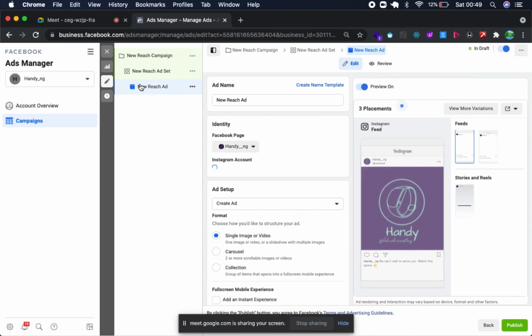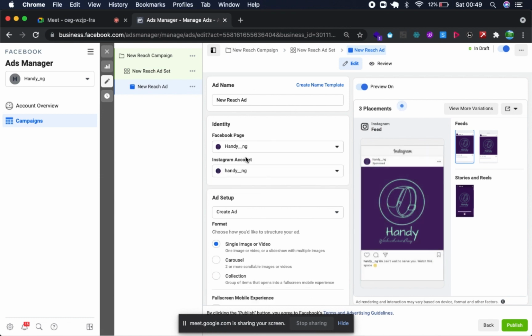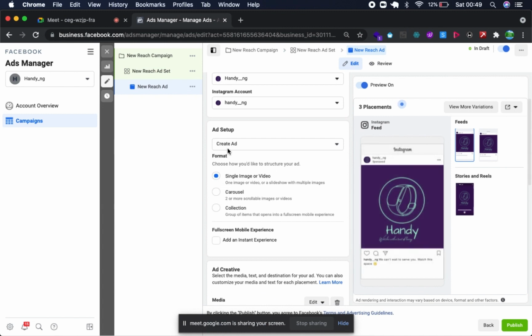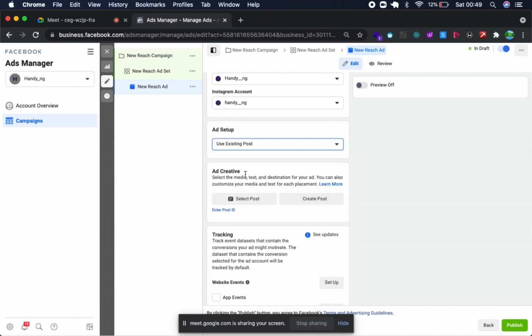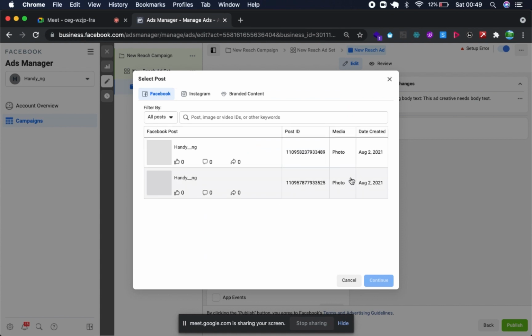So this is the post that we want to run. As you can see, they ask me to select a page. Select the Instagram page here. So we are not creating a new ad. Okay. We use existing posts. I prefer to use existing posts so I can track things like comments with ease and the likes, instead of creating a new post, and then if I want to look at comments, I have to go into Business Manager to go and be finding the comments and everything.